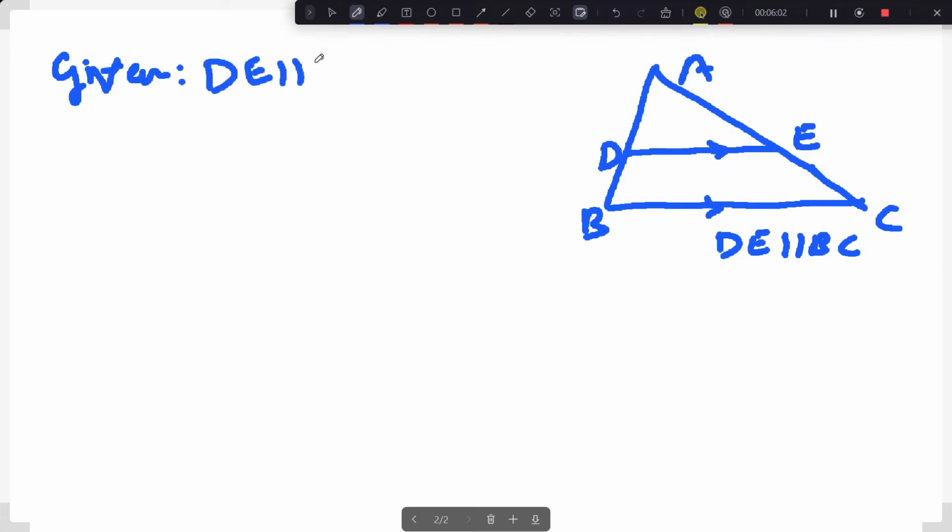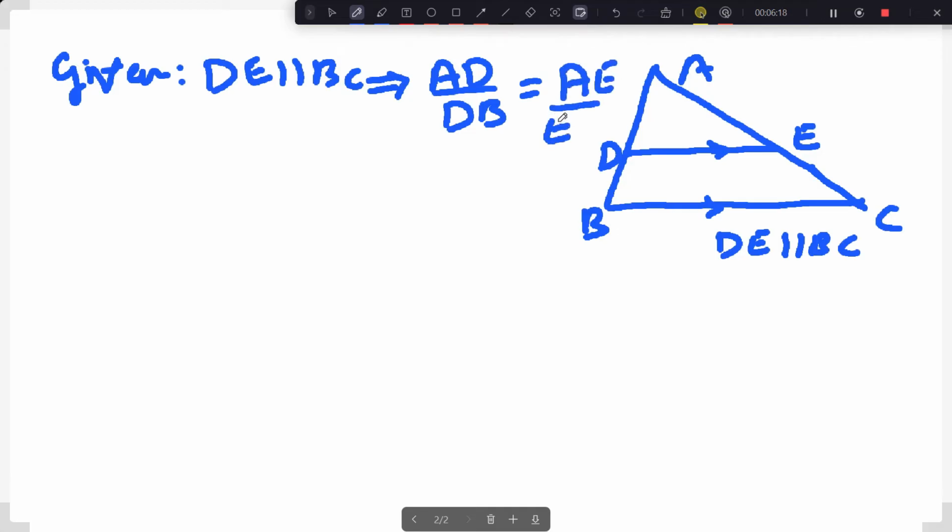DE is parallel to BC, and this implies, as per this theorem, that AD by DB, that this parallel line is intersecting the other two sides in distinct points such that they are in the same proportion. So this is what it is, right? So let's try to prove this,